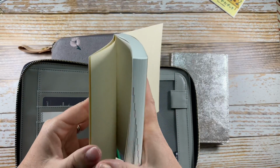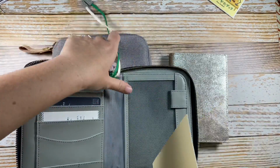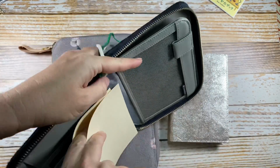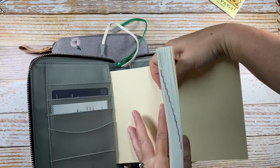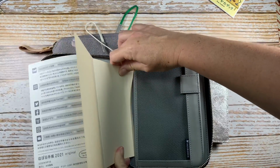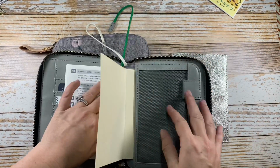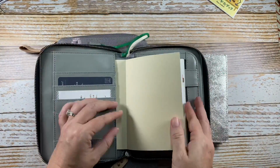Now this is the same. You can go back cover only or insert both. Let's see. This is a little tighter even. Come on, you gonna make me talk sweet to you? Okay. So,